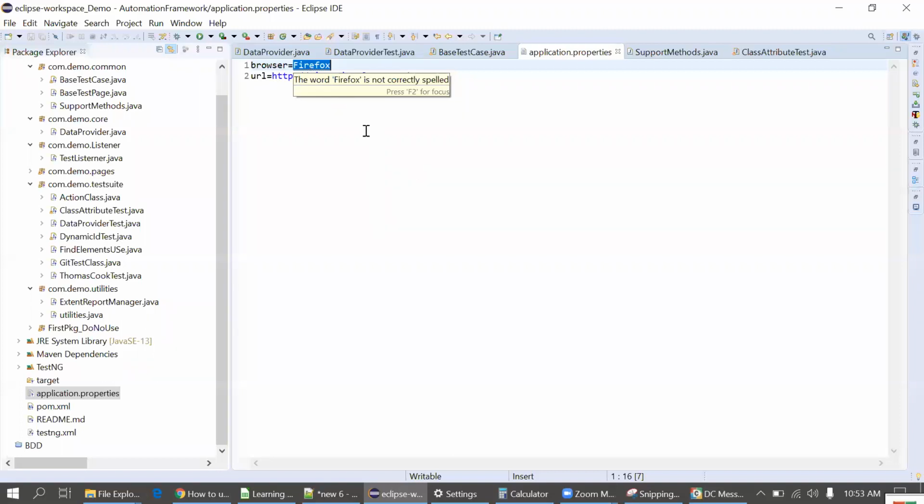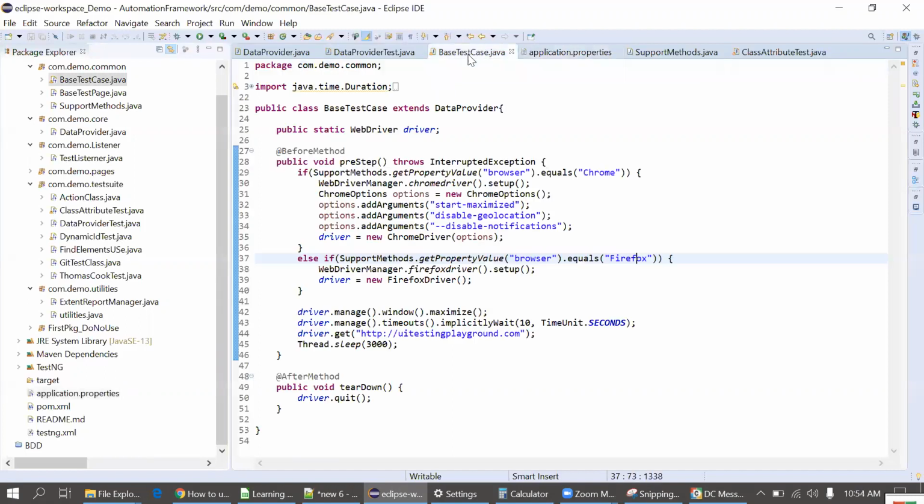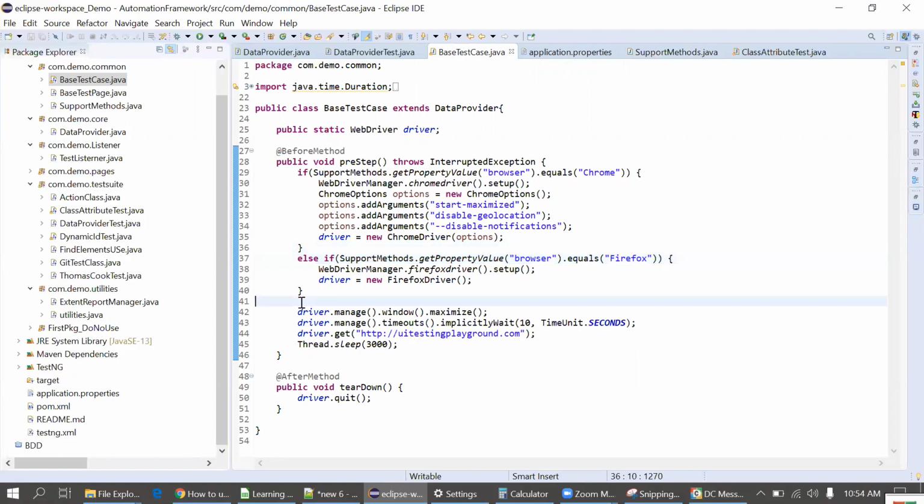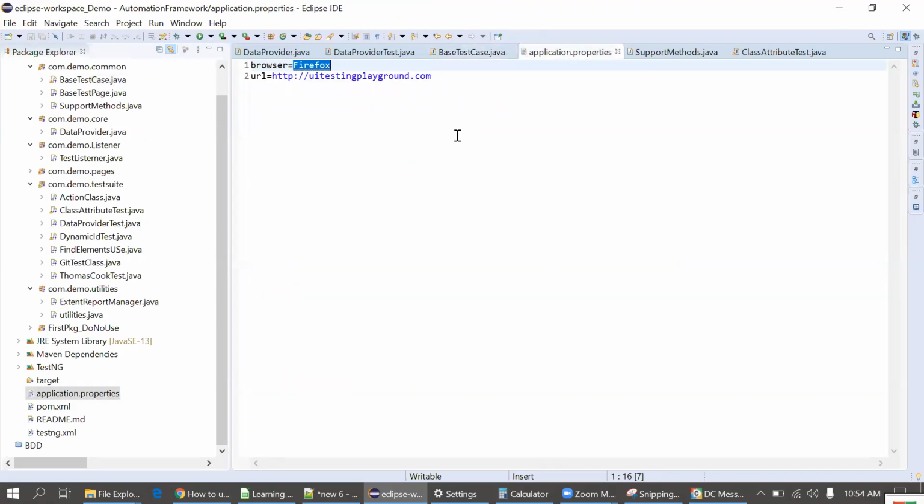Okay. Instead of making changes at code level, you should keep your changes minimal. If you are changing here, you will not cause any other issues. If in some cases you change the code itself, it might cause bigger issues. So always keep the code and the application configuration file separate. That's the intention here. Suppose a non-technical person is working only on this execution. You can simply ask that person to change the values here. Don't touch any code at test case level or framework level. He will just be able to change these values and execute the code on a different browser.